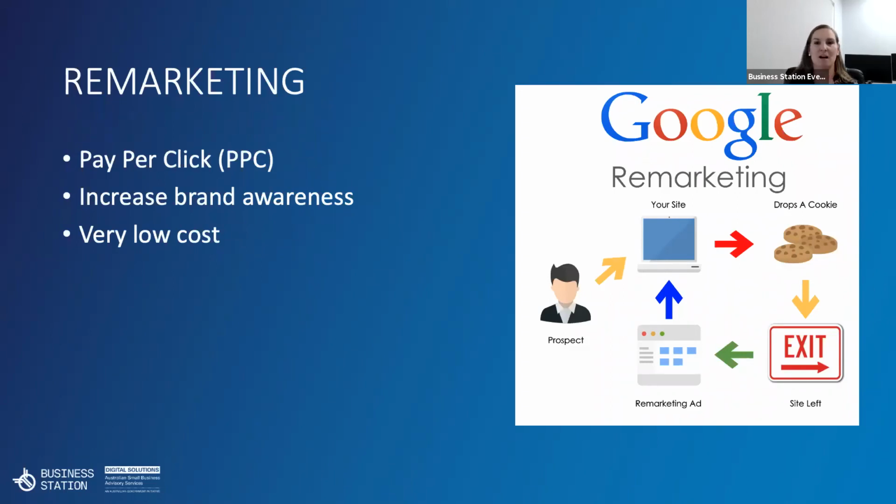Now, they could get interrupted halfway through their process. They could be researching multiple different businesses that are similar to yours, but your ad will then start to display on popular sites or other sites that they might browse that have Google advertising space on them. Now, you don't pay for that advertising until they actually click your ad, and at that point, they go straight back to your site. Now, because they're already familiar with the business, they've been onto your website, the chances of them, when they click, of actually taking action is quite high. So there's a good chance that they're actually going to transact or do something. So it's a very effective, cost-effective form of marketing online.